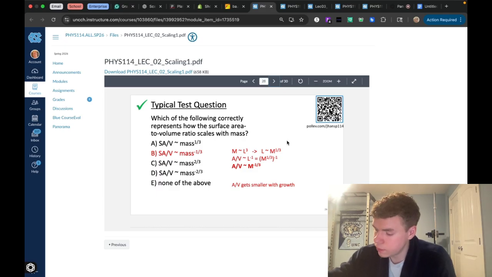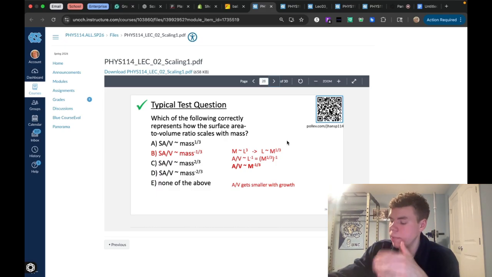We said that mass is equal to length cubed. So we know that length in and of itself is equal to mass to the 1/3. So that means that surface area... wait a second. So that means that